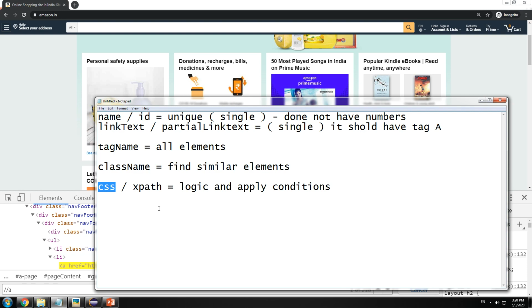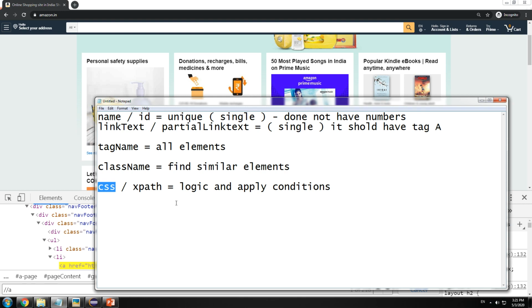It's a debate which one is good or which one is faster. You can go and have a look at it. Each time CSS becomes faster than XPath or XPath becomes faster than CSS, it's a personal choice. As far as I have seen, most people use XPath logic compared to CSS, but it is always good to know a bit of both. You can just go ahead and search online what is XPath. You can refer to the tutorials for XPath. I can create one for CSS in a different tutorial which I'm going to create for Selenium version 4. In that I'll create one for you, but for now you can go ahead and search online.